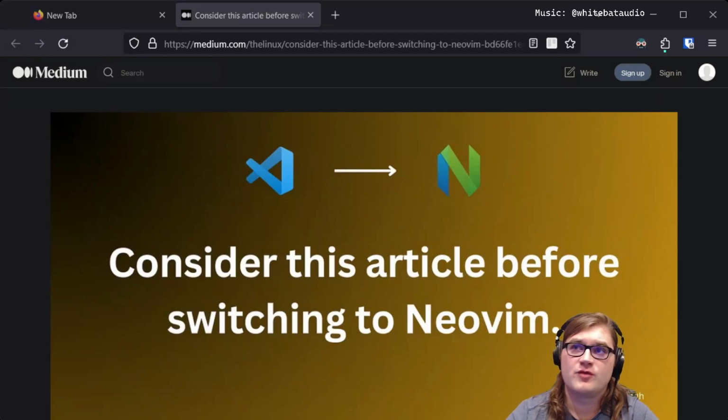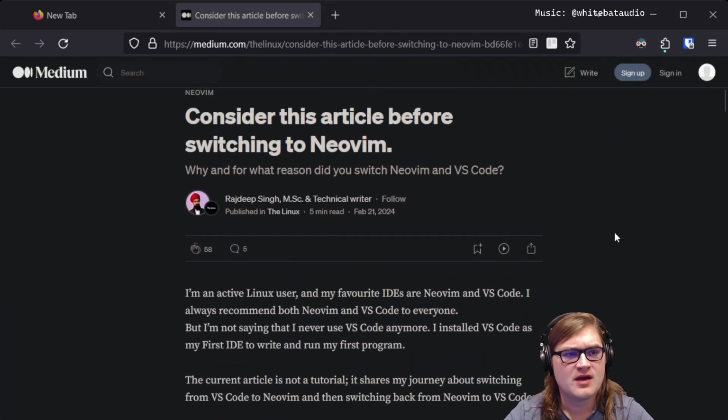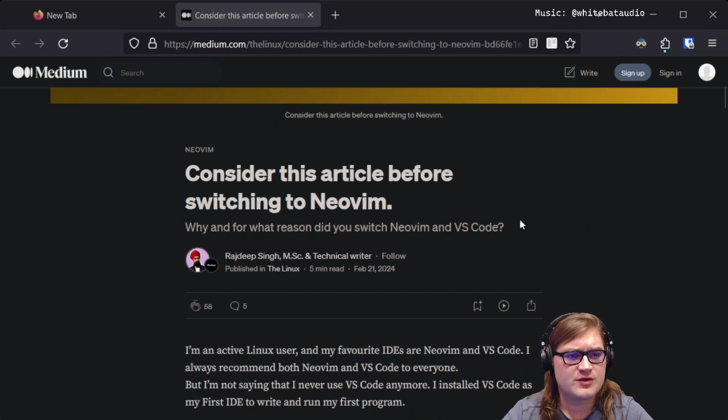Consider this article before switching to Neovim. Let's consider it together. Why don't we? Consider this article before switching to Neovim. Why and for what reason did you switch to Neovim and